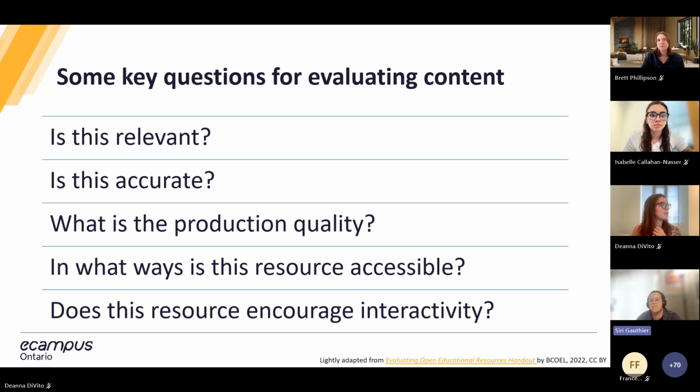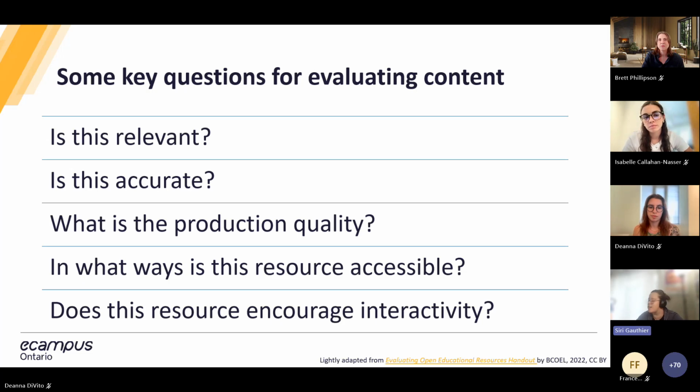And then we've got that final question of, does this resource encourage interactivity? This is, again, something that you need to consider whether or not you value in your approach. I would assume most people do want to value interactivity in the classroom, but who knows, there might be an outlier here. At the end of the day, some of the OER that are available are built along the lines of ensuring that students are engaging as authors and taking ownership of their knowledge.